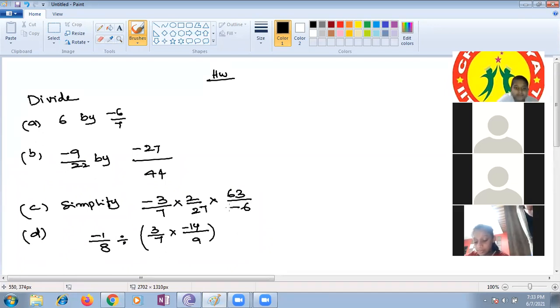That means each and every one we should simplify. See here, 7 table 7 and 63 will go. Yes, ma'am. 63 will go, and again 7 table 27, 3 table 27, 3 will go. 2 table 2 and 6 will go. Like that you can see, and write in the simplest form. However much you can simplify, you can write. Then you have to write the answer.